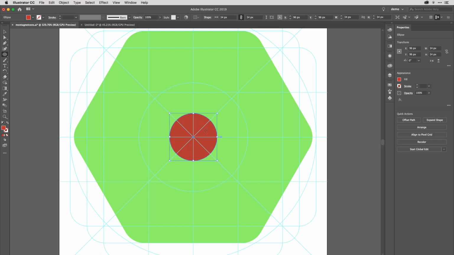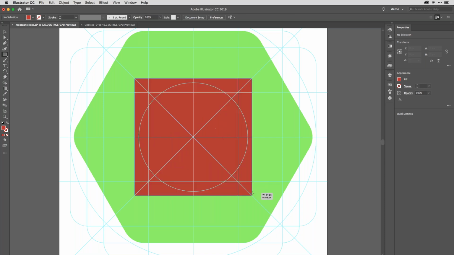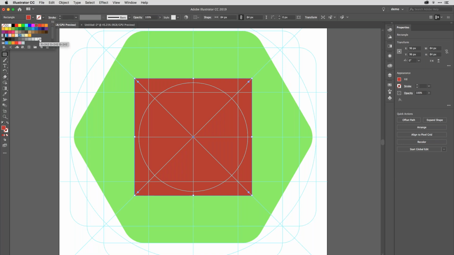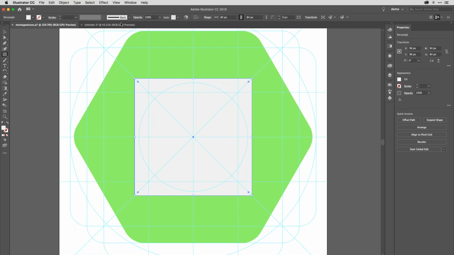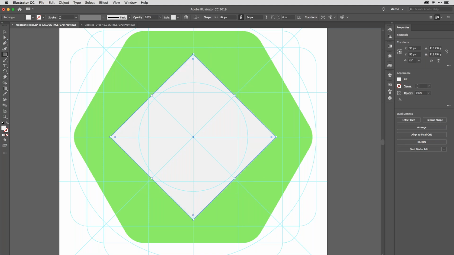So what I'll do with that is I'll start out with the rectangle tool. So I'll deselect everything here, and I've got my rectangle tool selected. And then I'm going to draw a square from the center outwards like so. Now, once I've got that square, which I'm going to modify the color to a very, very light gray, I'm going to hover over one of the corners, rotate that around, and then hold down Shift to lock it to a 45-degree increment. I'm then going to tap A on my keyboard to get the direct selection tool, and